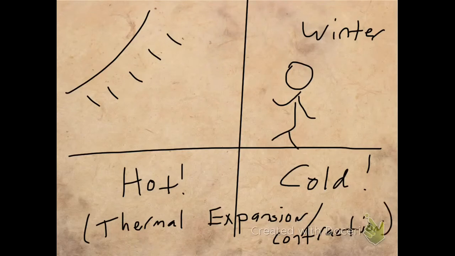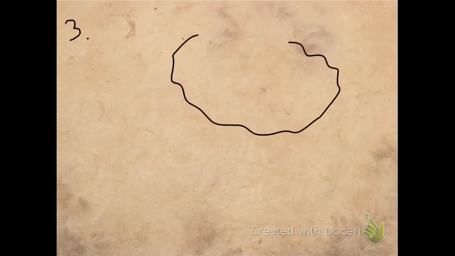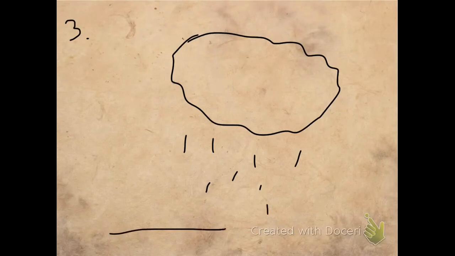But of course, thermal expansion and contraction can happen during the course of the day. It gets hot during the day and it gets cold at night, and so rocks basically break apart through the action of thermal means. So question number 3, there's some stuff falling out of the sky from a cloud, and